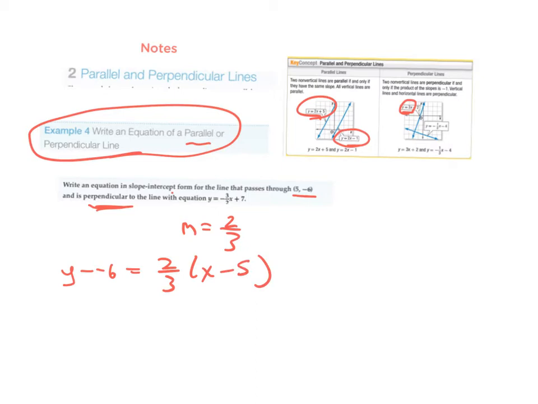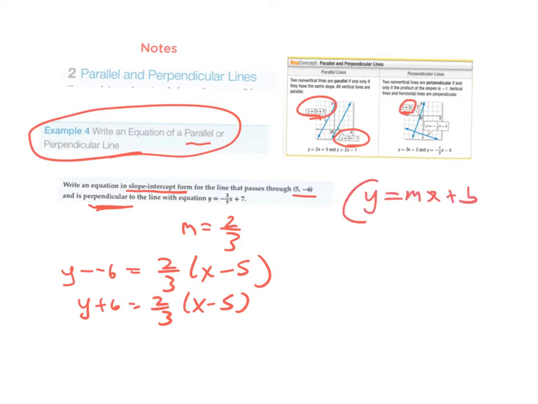Now, in our last section, we were done at this point. But in this particular case, it tells us we want it in slope-intercept form. So we want it in the y equals mx plus b form, y by itself. To do that, I have to remove this fraction as well as this 6. So I'm going to multiply through the fraction here, and when I multiply through, that's going to give me y plus 6 equals